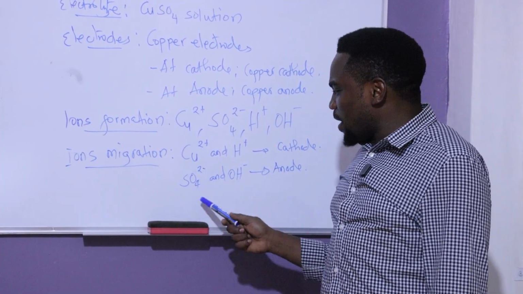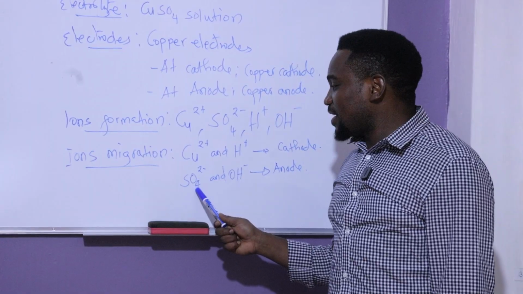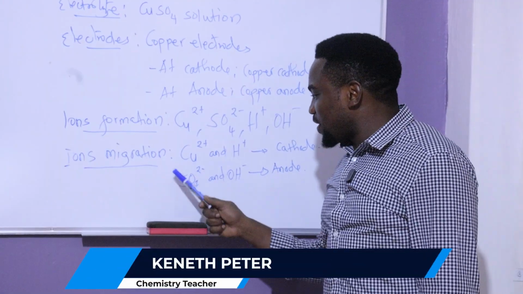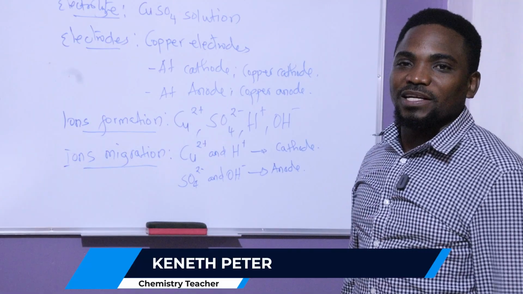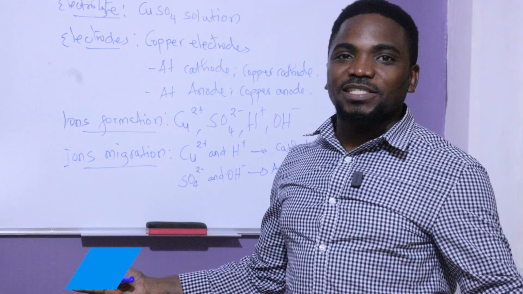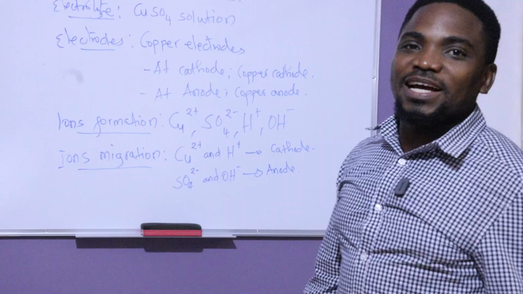Unaweza ukafikiria okay, labda sulfate atakuwa discharged. The answer is that sulfate ion will also not be discharged. So what happens at the anode? You will understand that at the anode